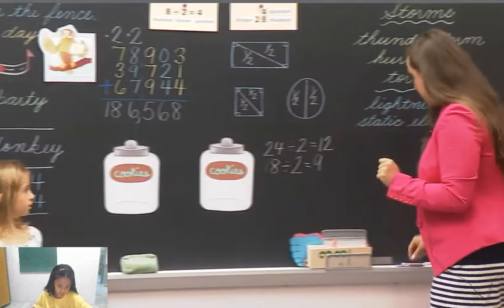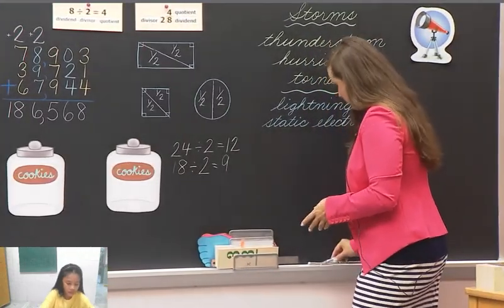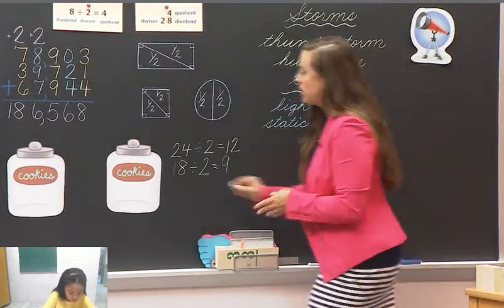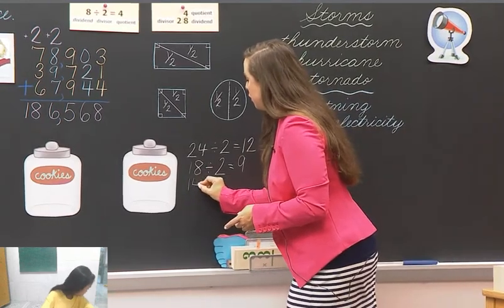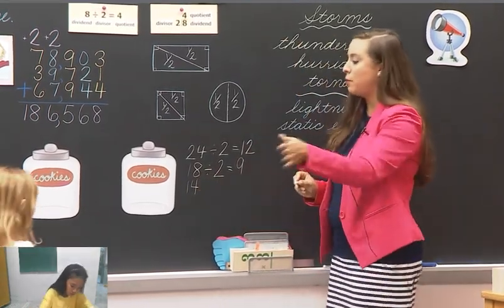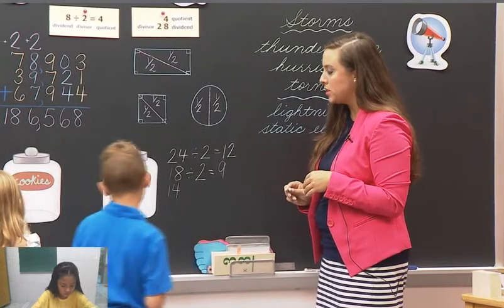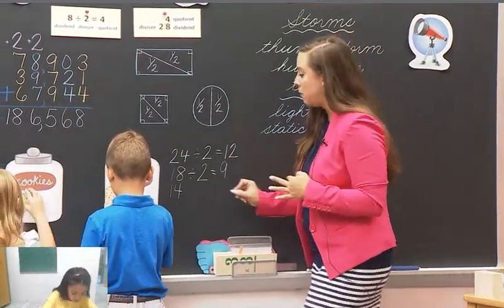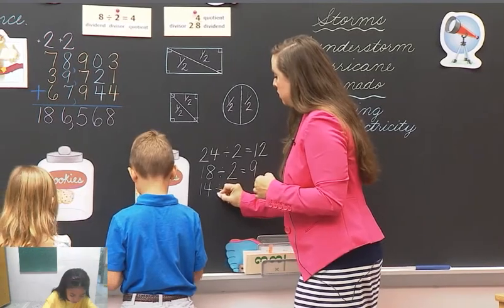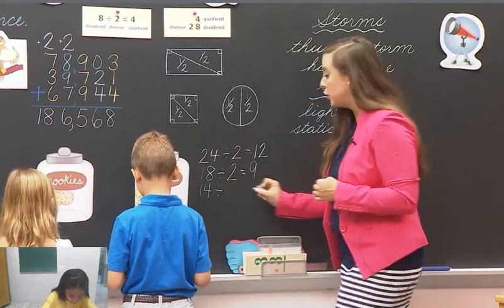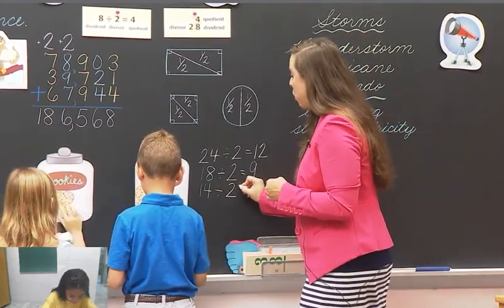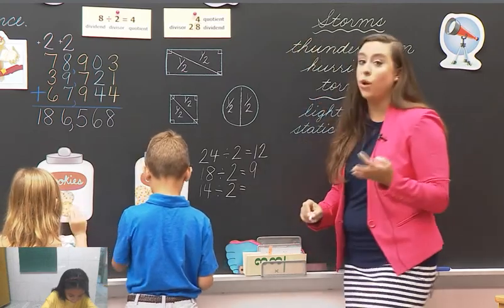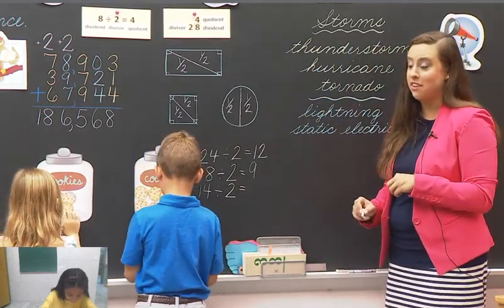What number are we starting with, Caden? 14. So we're going to start with 14. Madison, you can put yours in the girls' cookie jar. And Presley, you can come put yours in the boys' cookie jar. So we have 14 divided by what? Carson, how many groups? 14 divided by 2. Good. And we're going to find out what the quotient is, or what the answer is inside of their cookie jar